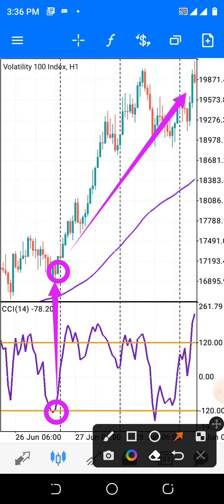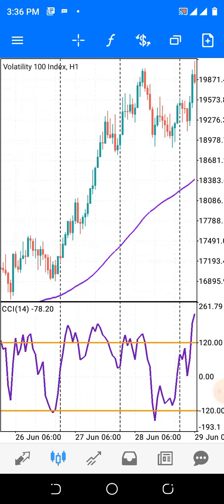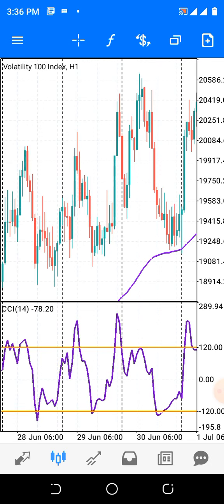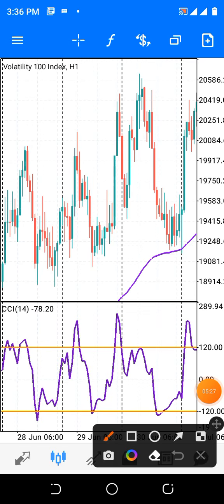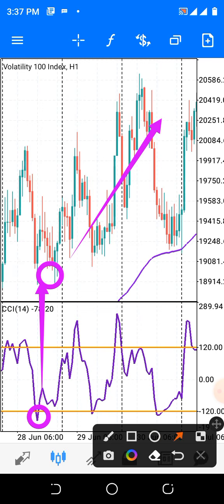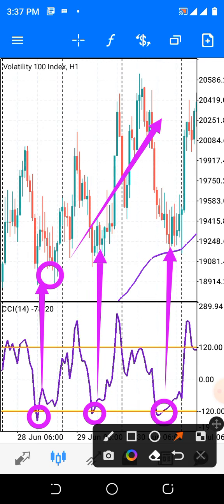This is another entry for you. The CCI touches here. This is the position where you need to make your buy entry. And this is a huge gain for you, as easy as that. And if you watch very well, if you miss this particular entry, this is another entry for you, and this is also another entry for you. All these points are areas for you to establish your entry, and you continue making massive gain.